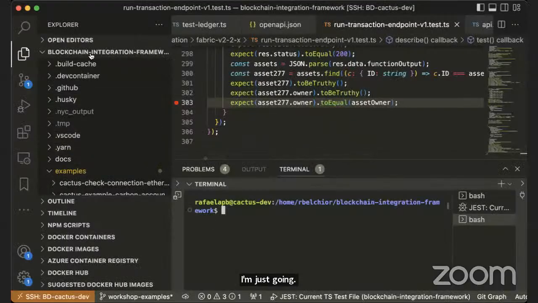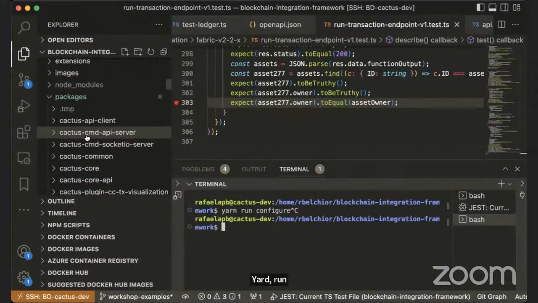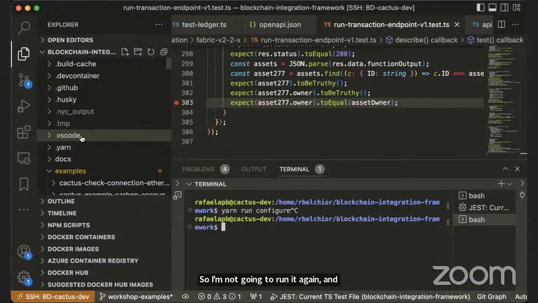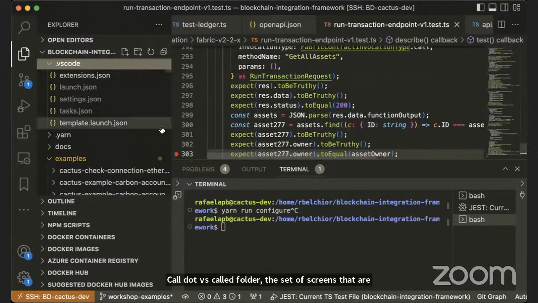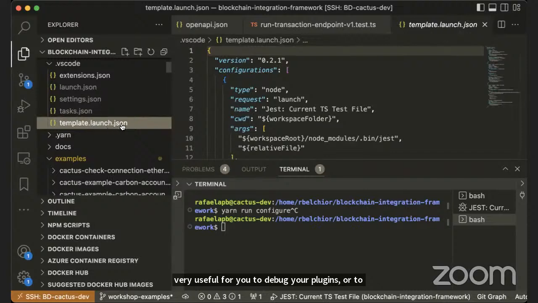So this is the code, right? You follow the instructions on the build, you run yarn run configure, which takes a long time. I already ran it, so I'm not going to run it again. And under the VS Code .vscode folder you have a set of scripts that are very useful for you to debug your plugins or to execute files. So for that, you go to this file, template.launch.json, and you rename it to launch.json